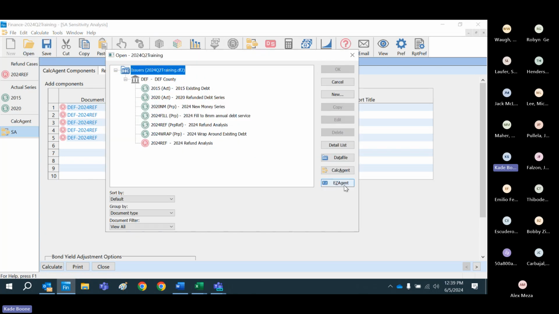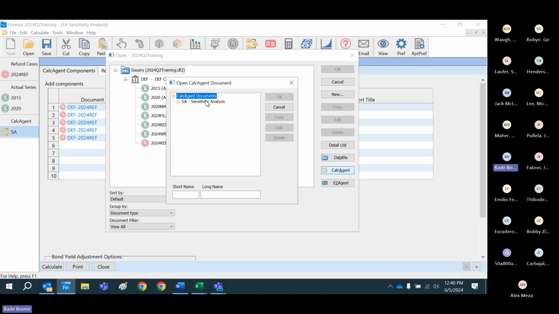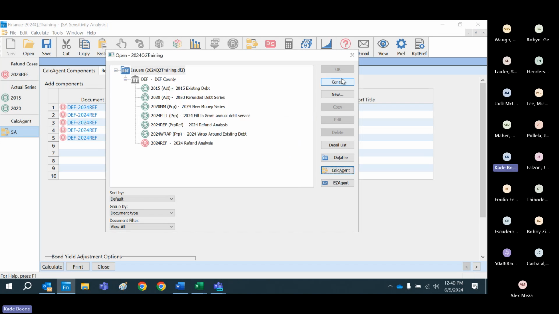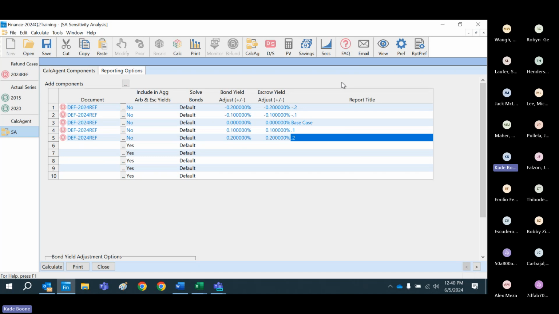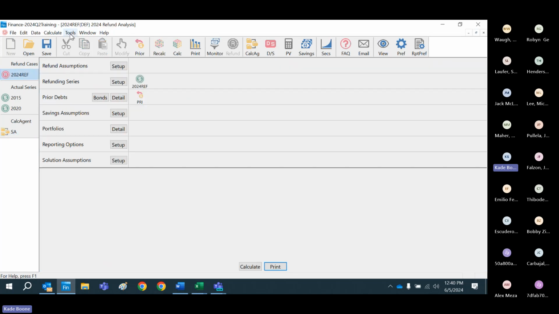What's great about it is when you click open, you will see a calc agent, and it's been saved. So you save it, then that's great. You don't have to keep, I think a lot of times the other is doing batch runs, but that's something that you have to keep doing. So the refund is, if you just think of it as, okay,